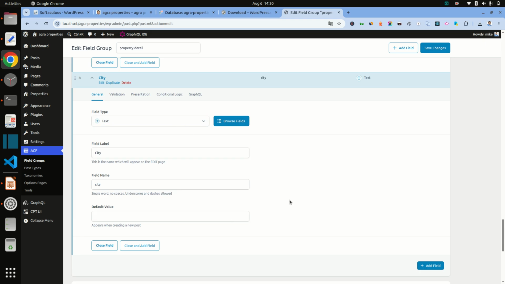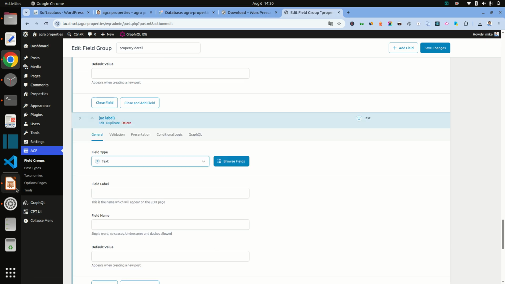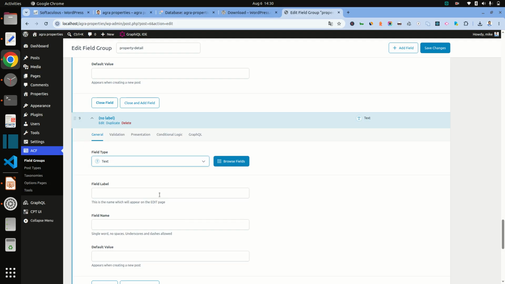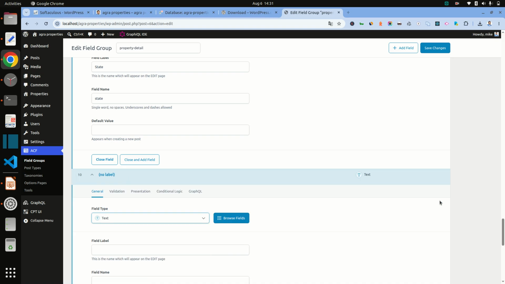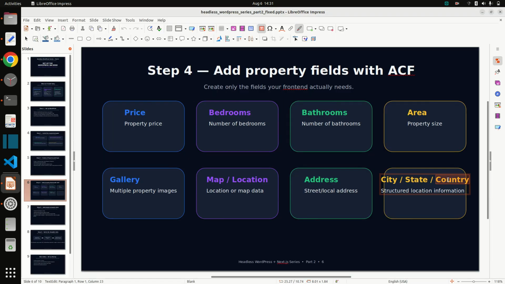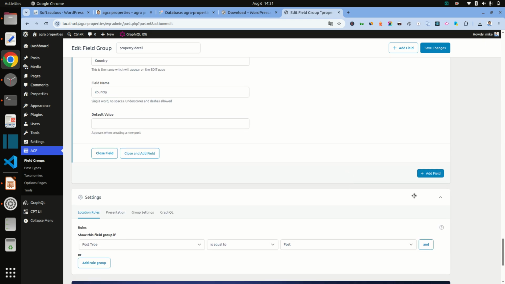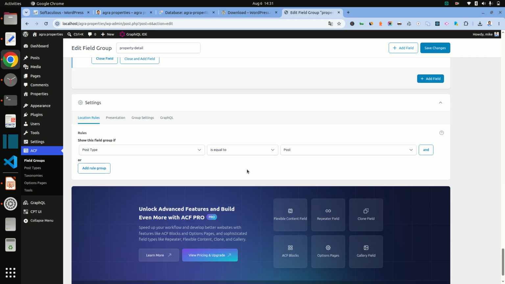City, text. State, text. Country, also text.